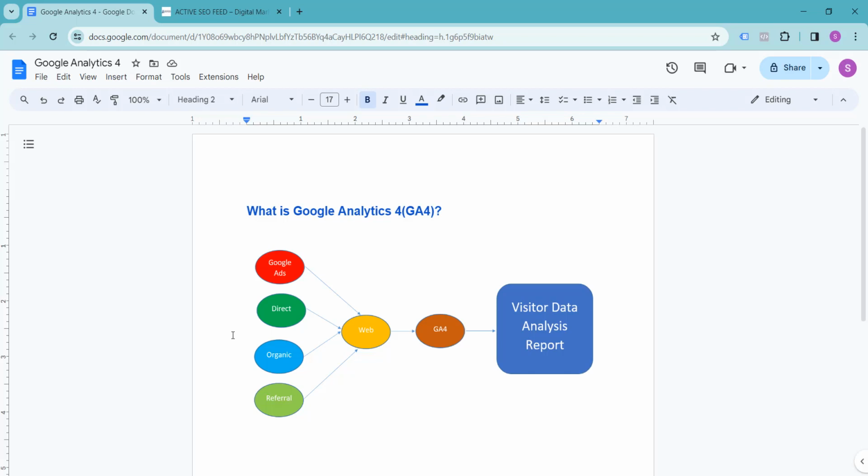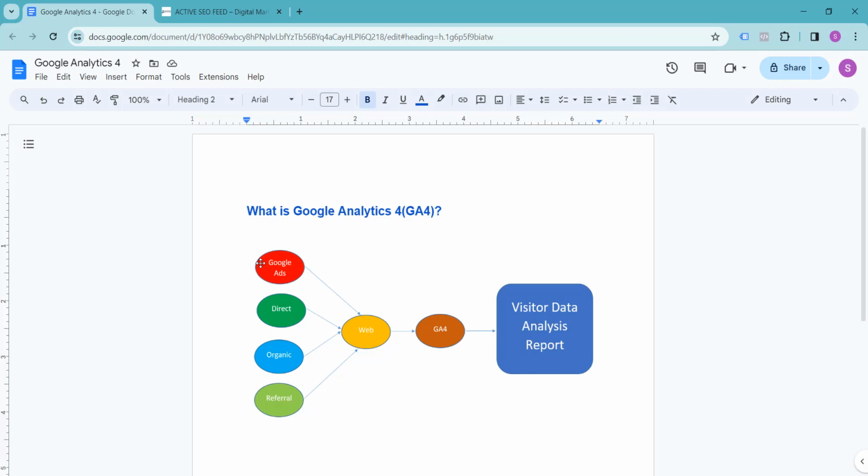That means if you shared your website link in any YouTube video or through email to others and they clicked your website URL. So through these channels, visitors may come to your website,